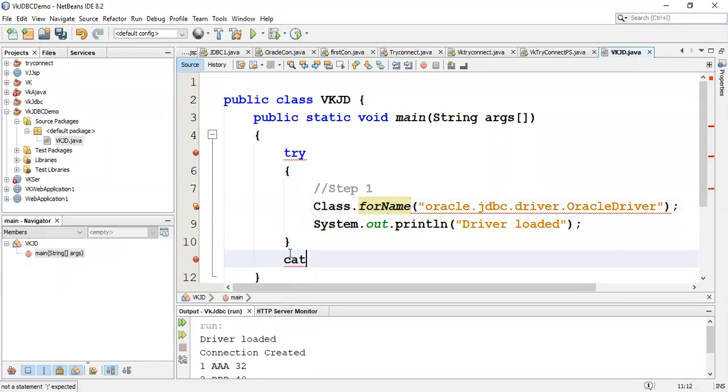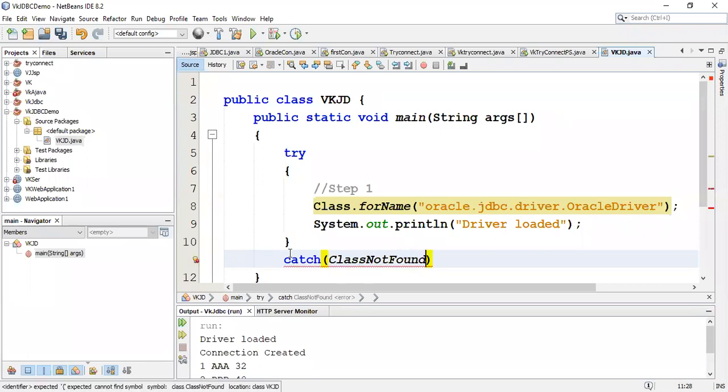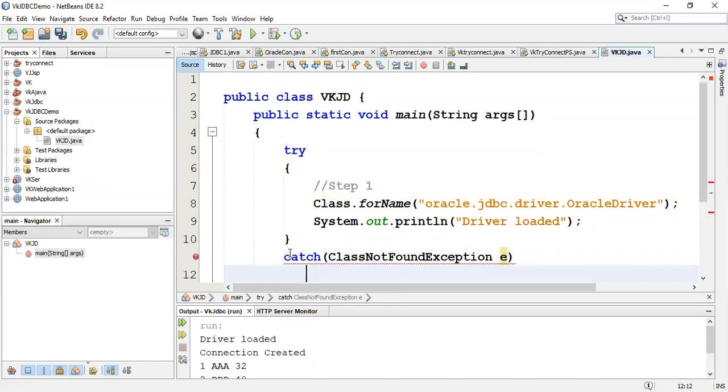section. In the catch section, I want to catch one exception which is called ClassNotFoundException, because if it cannot find that particular class, then it will give the exception. Now actually in the final program, I'm not using all these exceptions, but now I want to show you specifically how it catches all these exceptions.